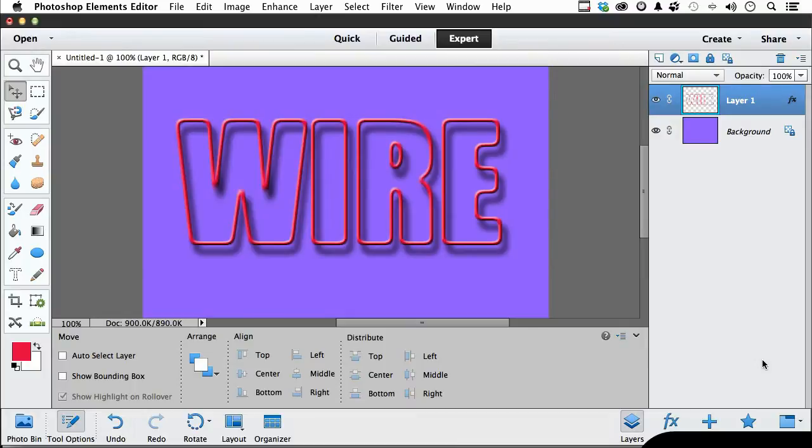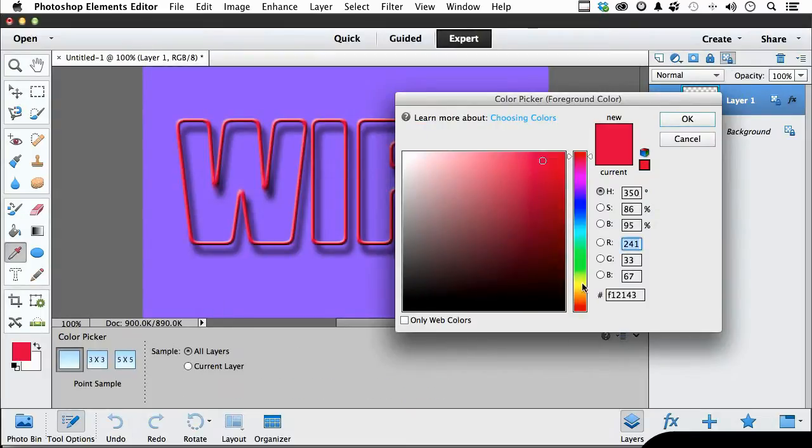Now, let's say after that we have gotten to this point, you decide you want to change the background color. I think we know how to do that. That's easy. But how do I change the color of the wire? Well, remember, a layer has an option up here for locking transparent pixels. We talked about that in the chapter on layers. Select it. Now, the only thing I can change is the areas that already have a color in them. So if I come down here and pick maybe something brighter, like a yellow,